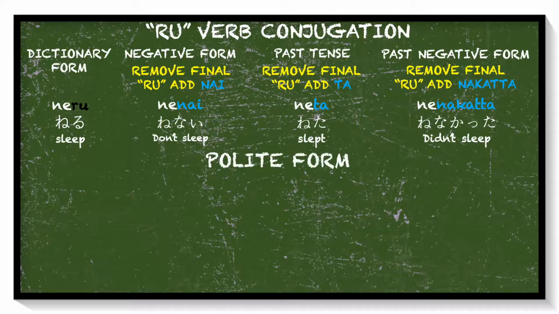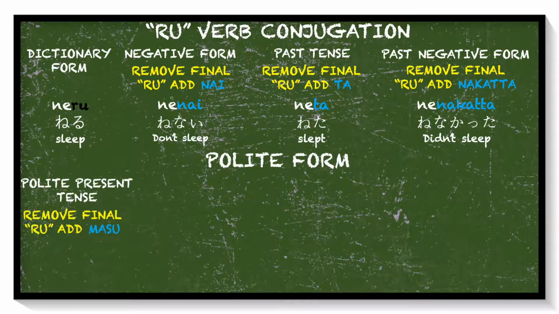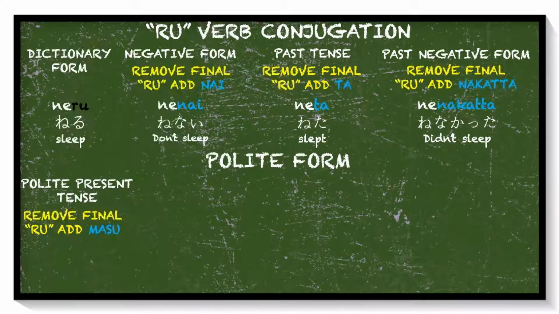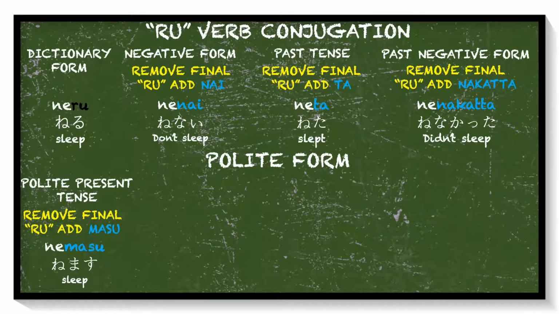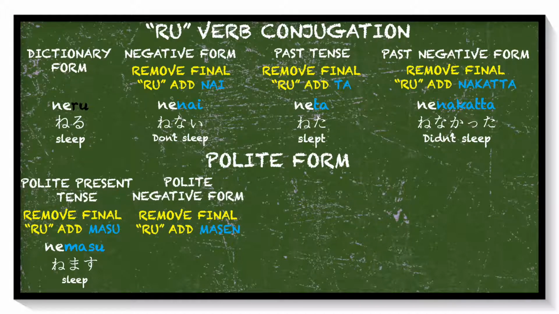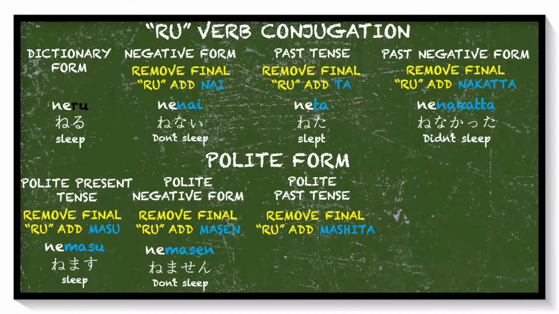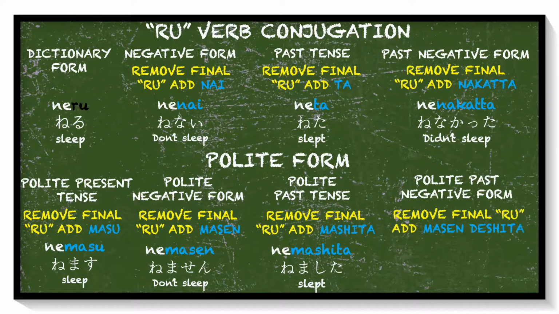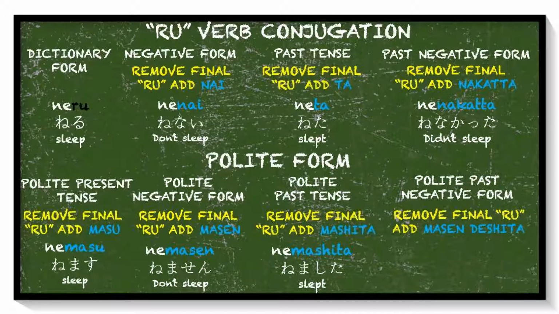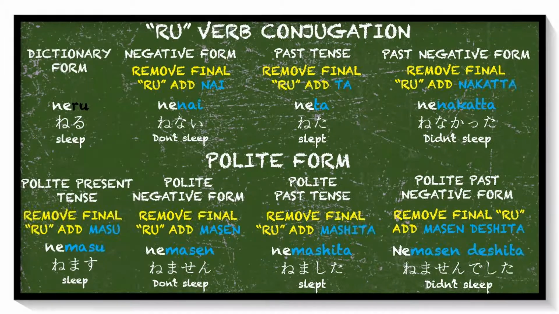Now for polite form, same process, remove final ru, and just add ます for present tense. 寝ます。 Add ません for negative form, 寝ません。 Add ました for past tense. 寝ました。 And add ませんでした for past negative form. 寝ませんでした。